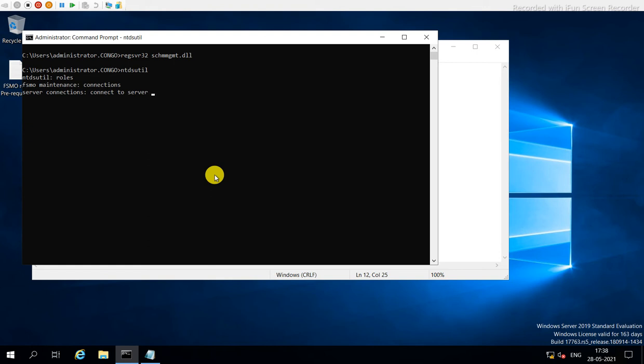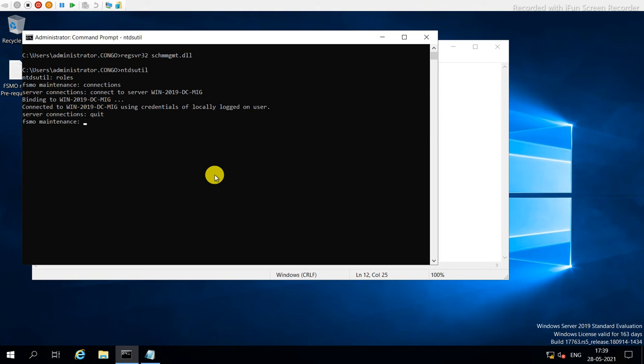I am selecting Win 2019 DC MIG, which is the host name of my additional domain controller server. Entering, it is now connected. Now I am quitting from server connection. Quit. And now coming to the FSMO maintenance.